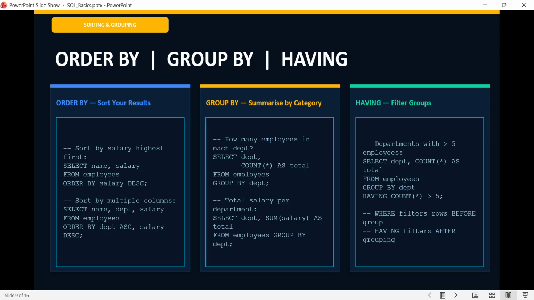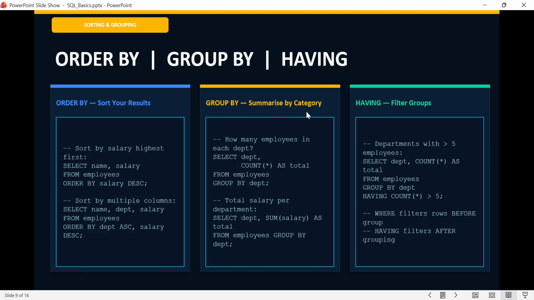For example, select name, salary from employees order by salary descending. This shows employees from highest to lowest salary, isn't it? You can sort by multiple columns: order by department ascending, salary descending. It first sorts alphabetically by department and within each department from highest to lowest.